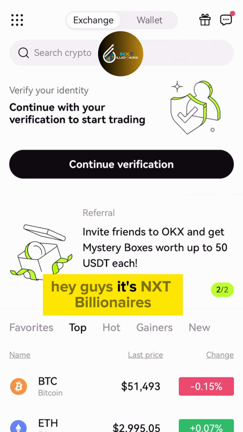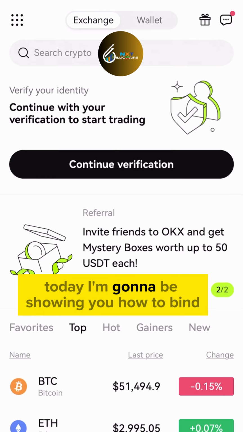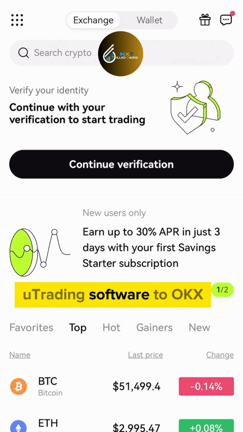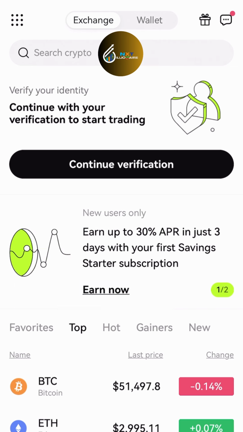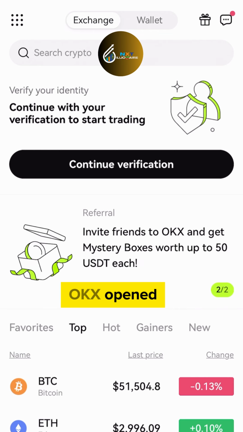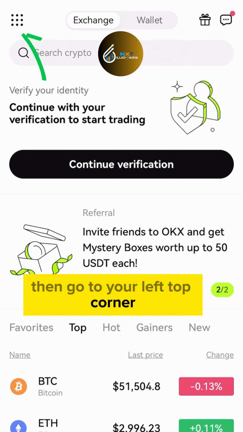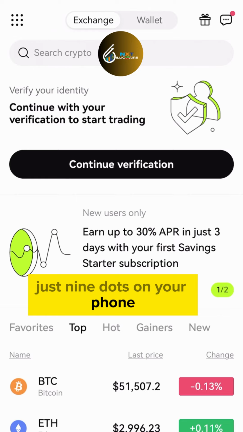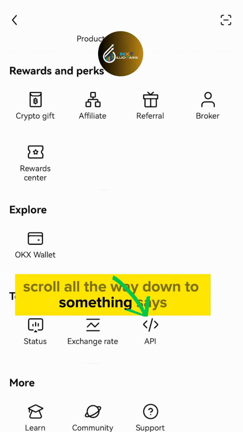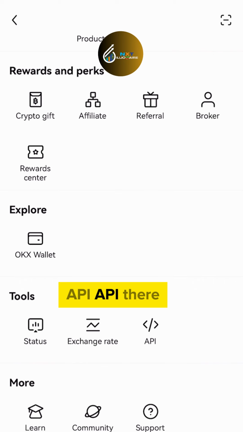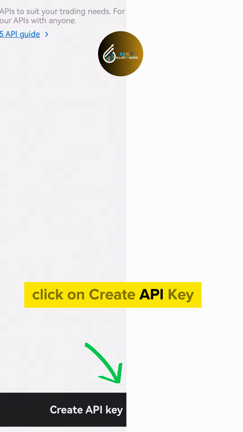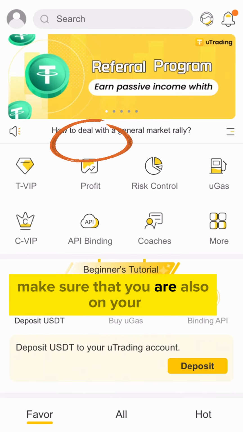Hey guys, it's NX Billionaires. Today I'm going to be showing you how to bind YouTrading software to the OKX exchange platform. You have to have your OKX open, then go to your left top corner, these nine dots on your phone, just click there, and scroll all the way down to something that says API. Click on that one, and now I'm going to click on create API key. Make sure that you are also on